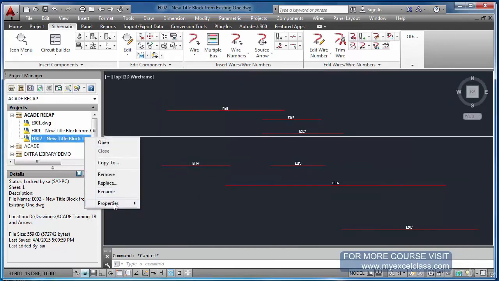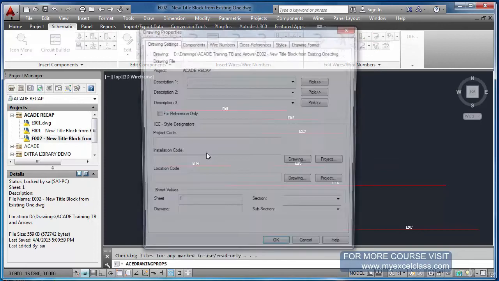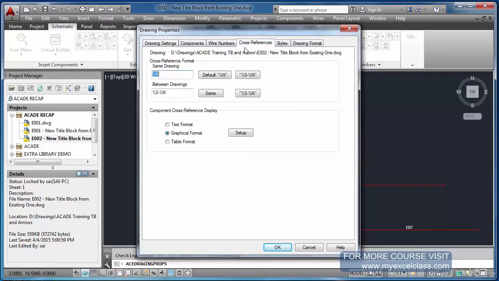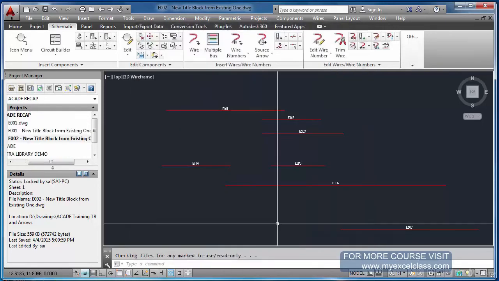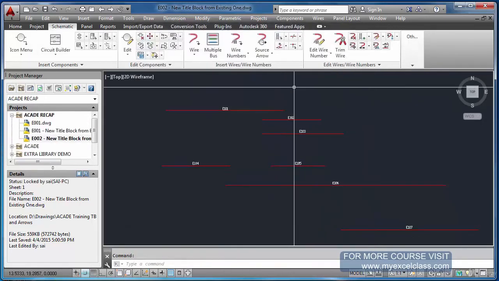Now the second thing: going back to the drawing properties, cross-referencing. The default value, I am changing to some new style. If it is inside the drawing, on the same sheet, follow this. If it is between drawings, follow this. Done.